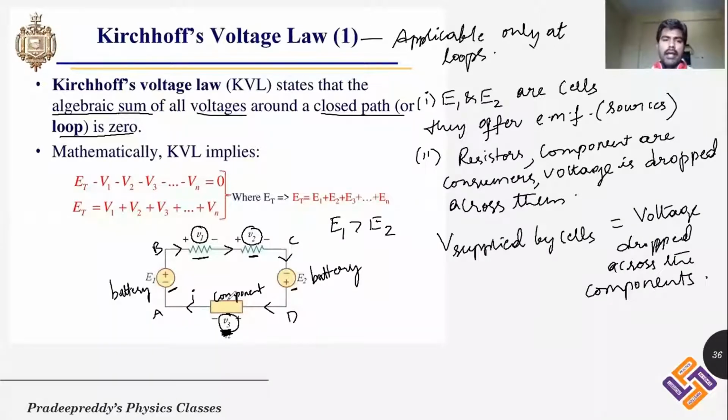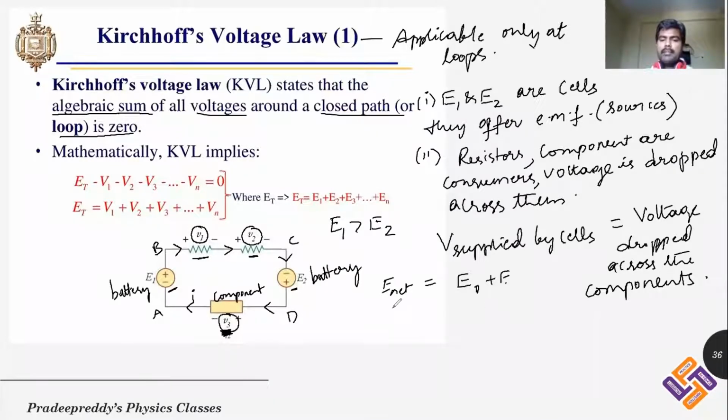So I can simply write the voltage over here as E1 and E2, but they are of opposite polarity. They are connected in series: the positive terminal is connected to the negative, and the positive terminal is connected to the negative. It means that they are connected in series. So when they are connected in series, what is the E net? E net will be equal to E1 plus E2.